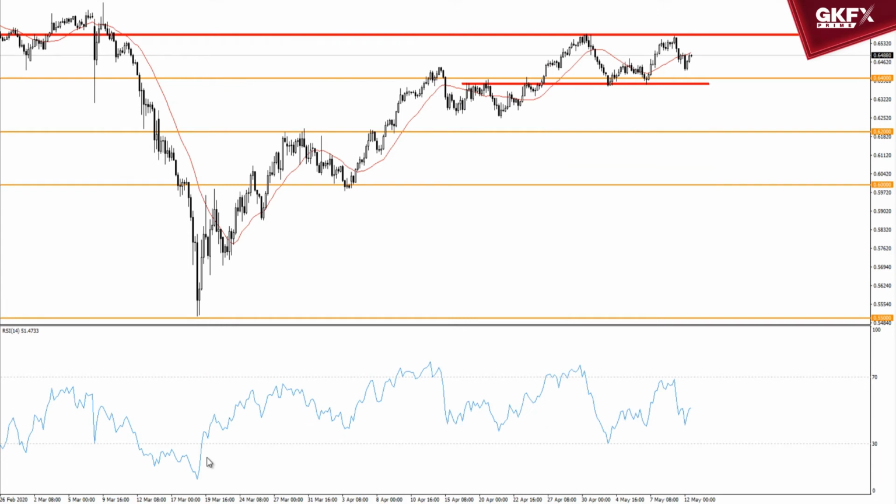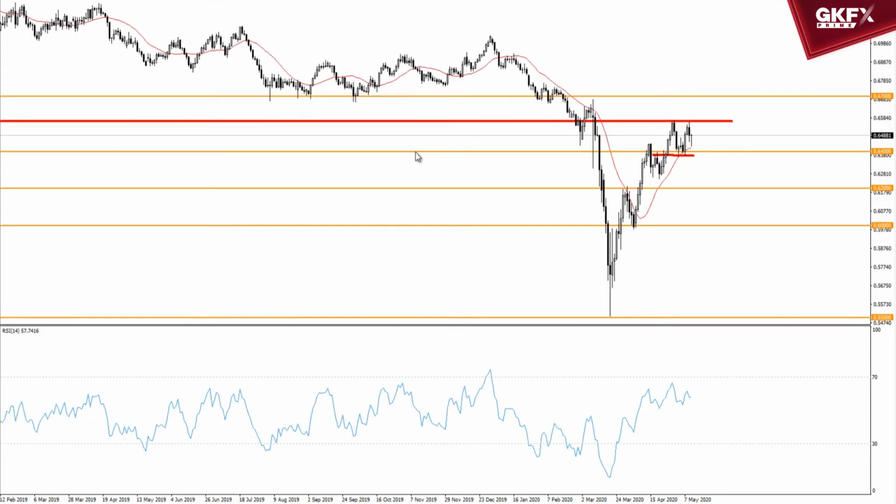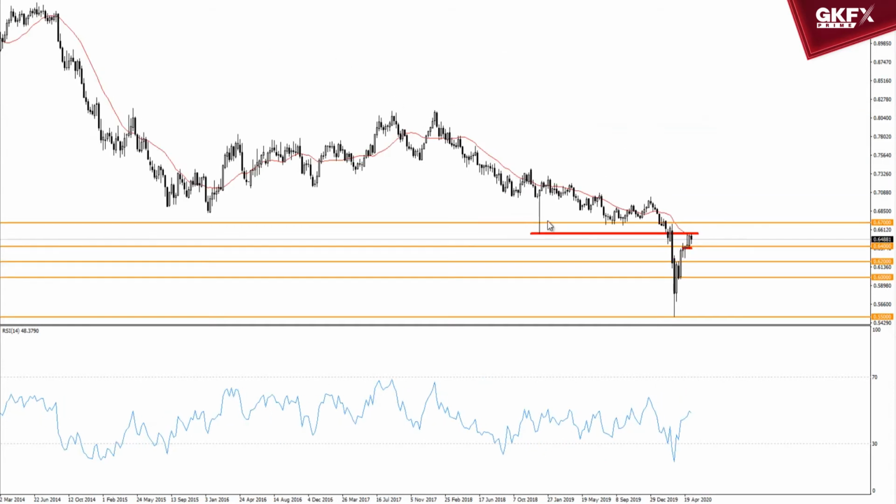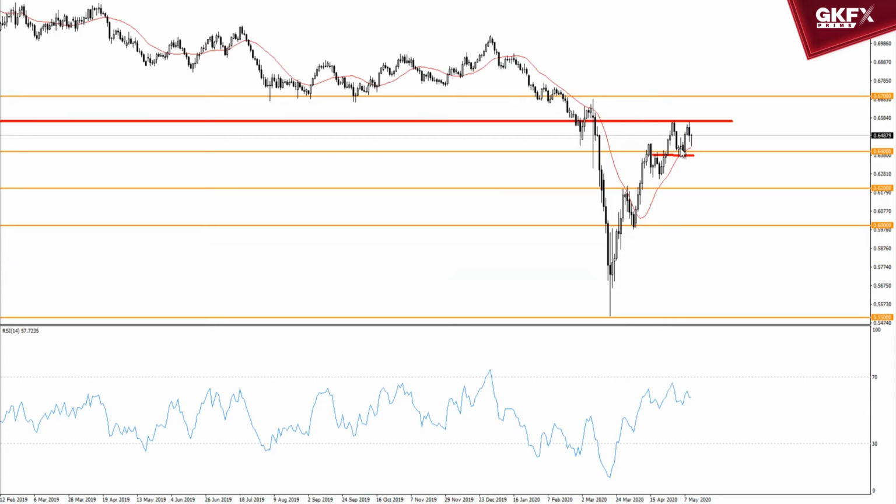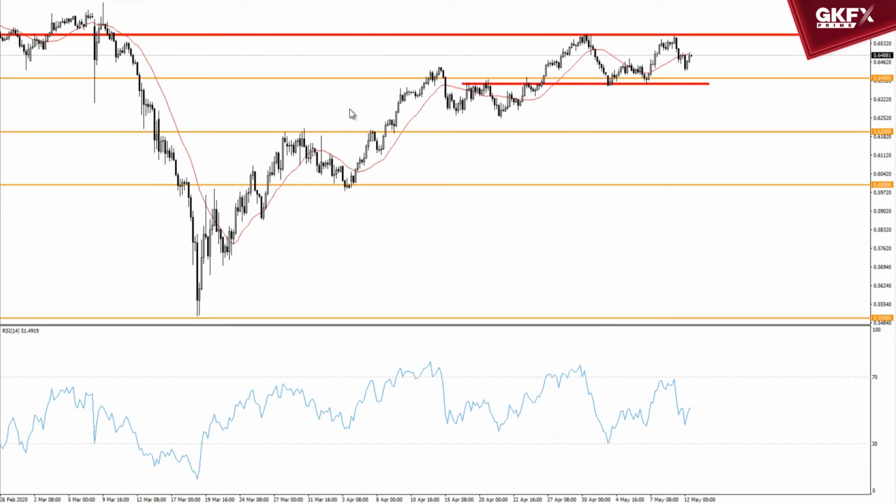Okay, let's have a look at the Aussie. Again, interesting double top situation here with the Aussie. I've pointed out this low so many times now. This was the low. It worked a treat. It's actually worked twice with the sell, the bounce, and then the sell again. Well, we've only had one day of the second sell-off, but after one day, it's starting to look a bit more like a double top.